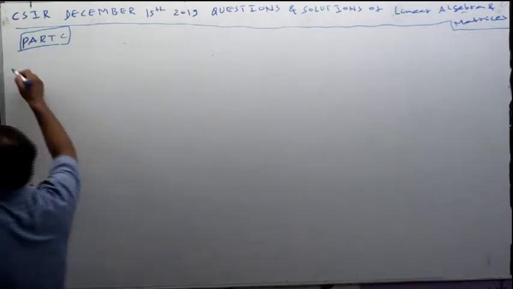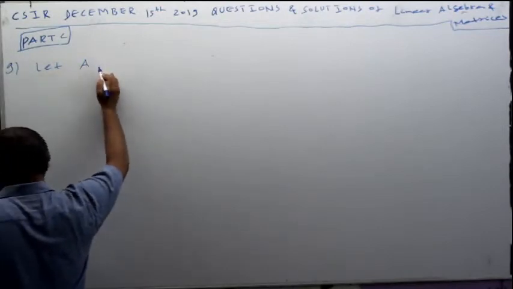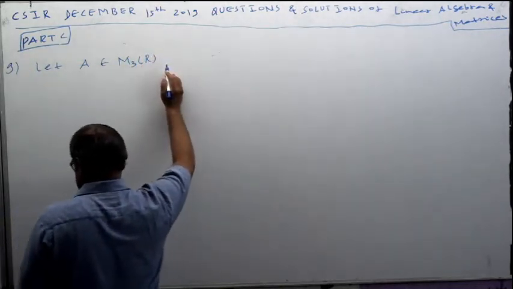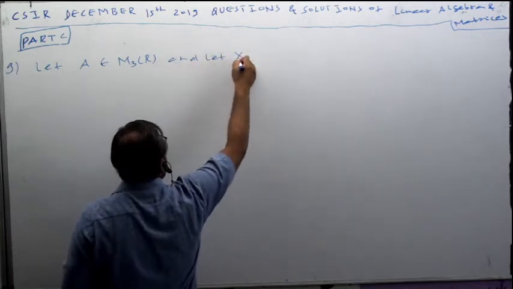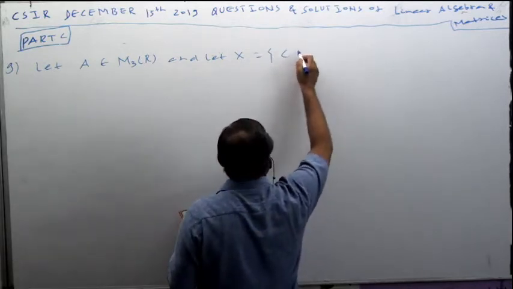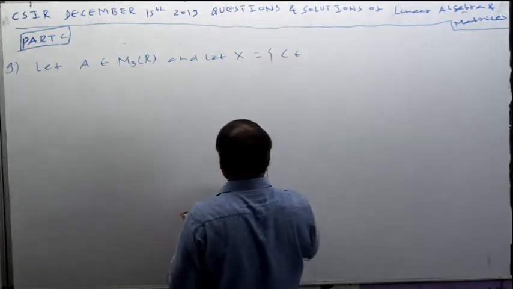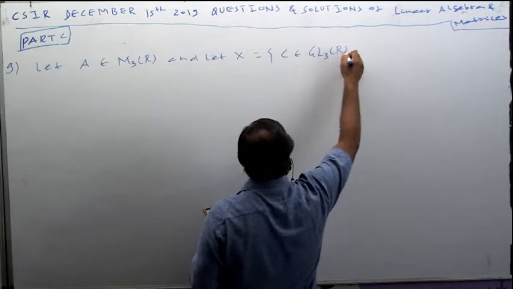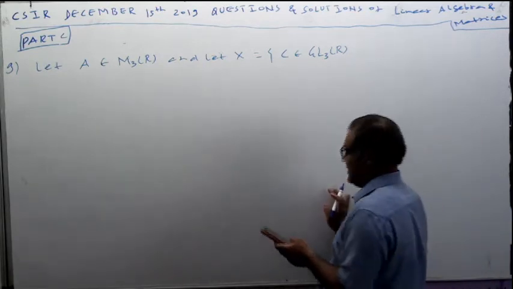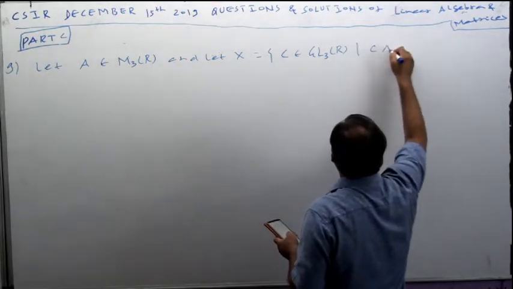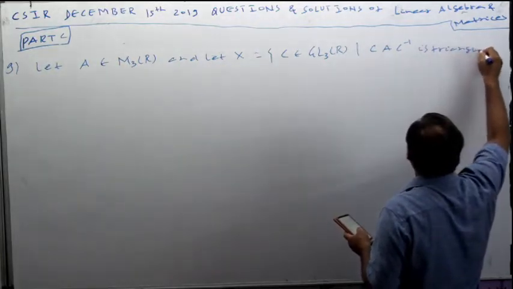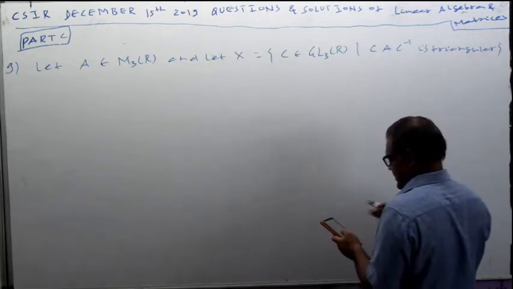Let A belong to M3R and let capital X be the set of C belonging to GL3R, the collection of non-singular matrices of order 3 over field R, such that CAC inverse is triangular. Then